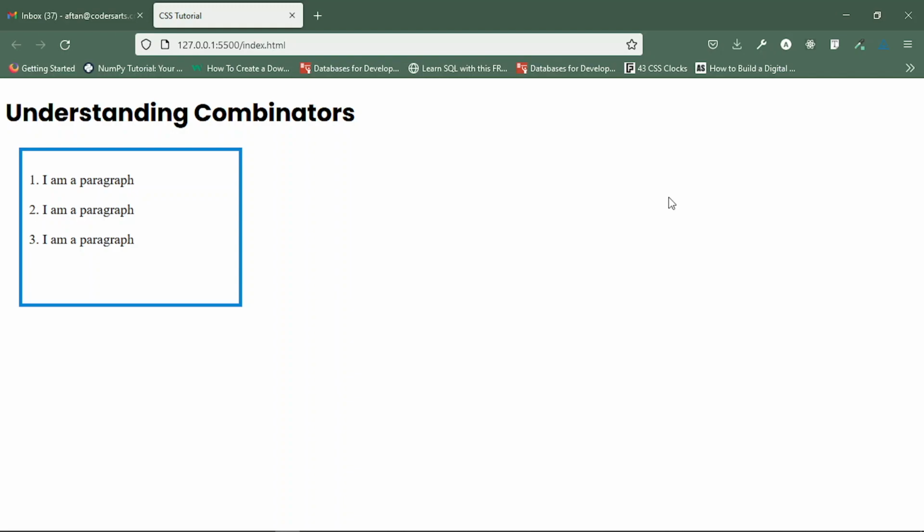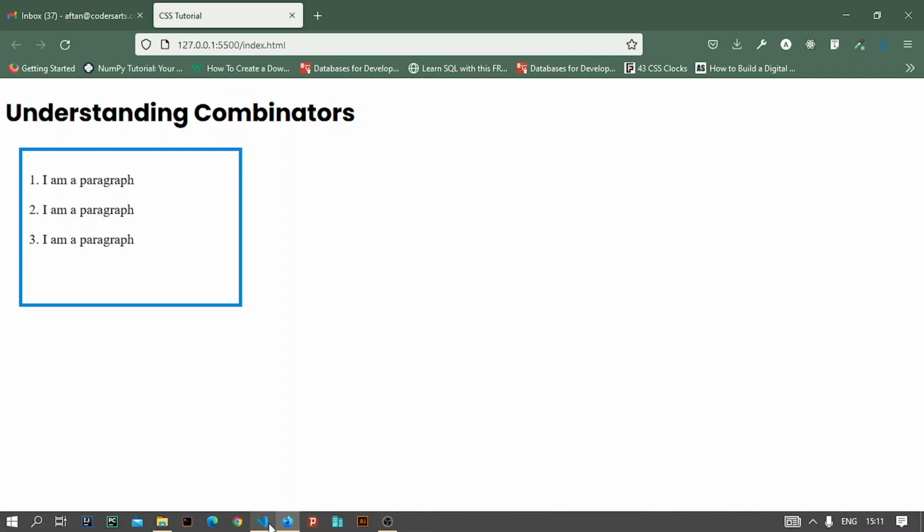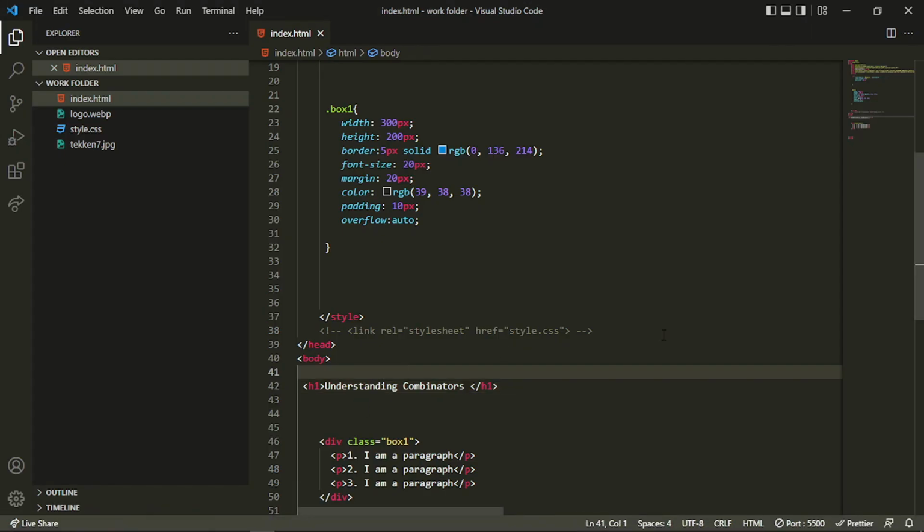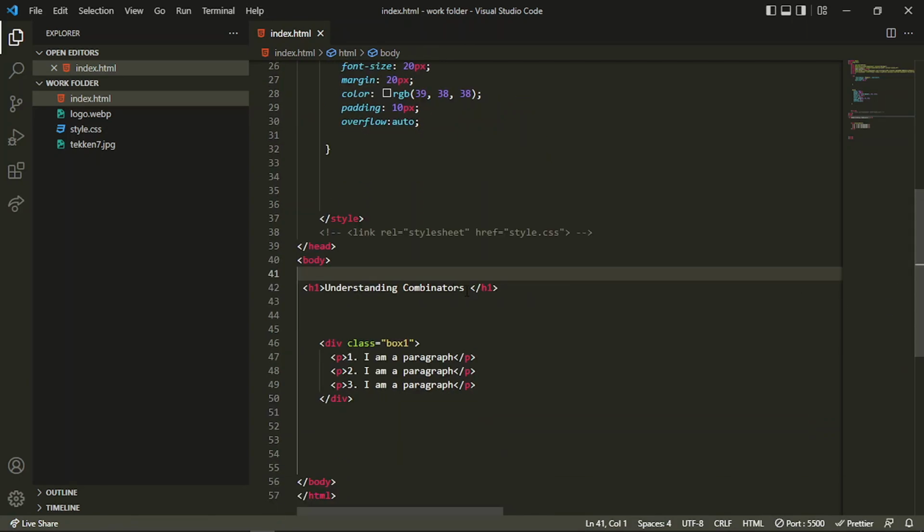So hello everyone, in this video we'll be understanding about combinators. These are some selectors which we use while styling the elements. Let's understand them one by one. The first selector, or the first combinator, that I want to discuss is the